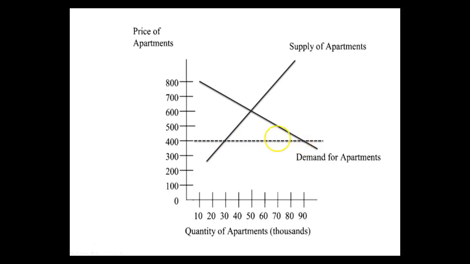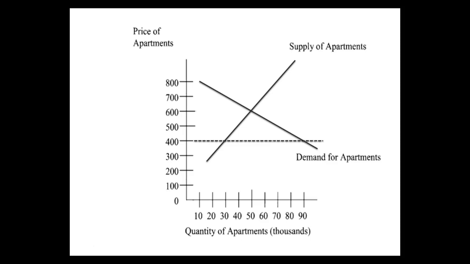There's a difference now between what is demanded and what is available, and this difference, we said earlier, is a shortage. There's not enough to go around. There are more people looking for apartments than apartments that are available. And so we have this shortage situation in which we have fewer people living in apartments than before.